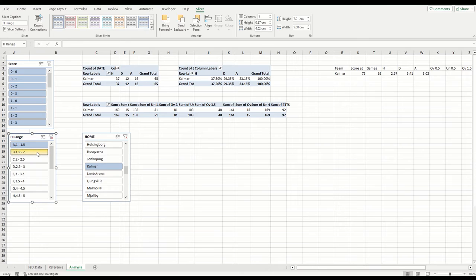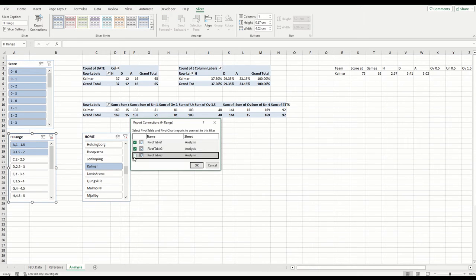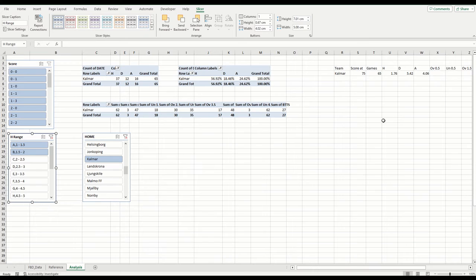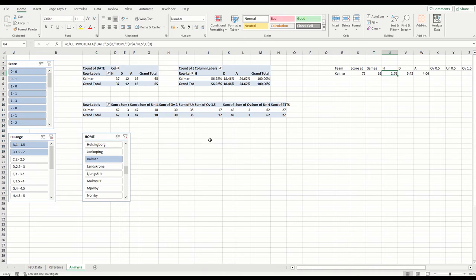Is that cycling on here? Let me just, I don't think it is because I've just disconnected that slicer. Yeah, it's not. There we go. That's better. 1.76 is their true odds, if you like. So this is just completely unfiltered during the game. Now let's say where they've been evens at home